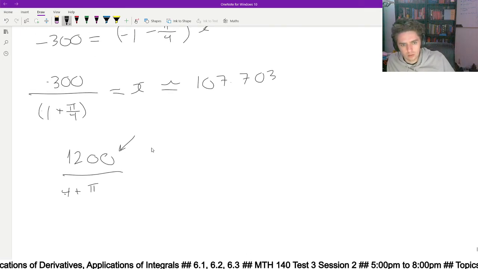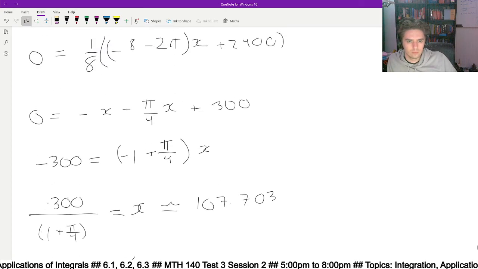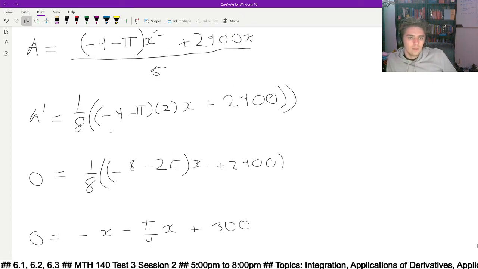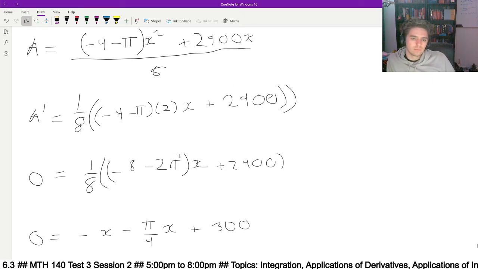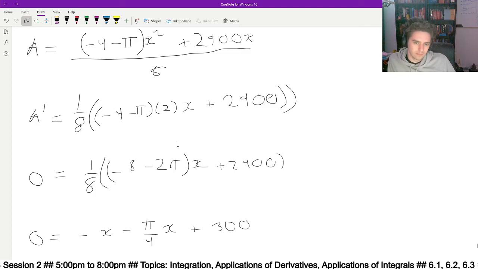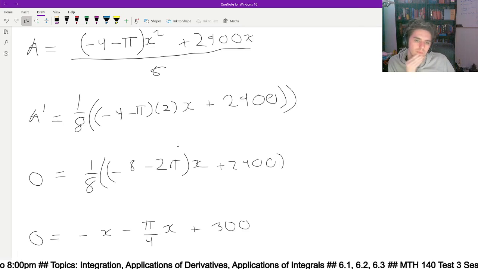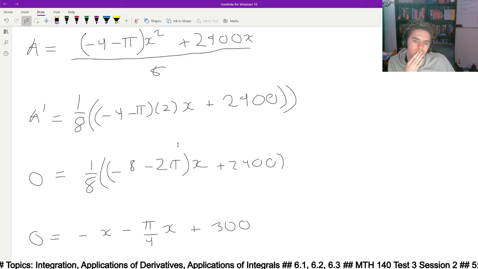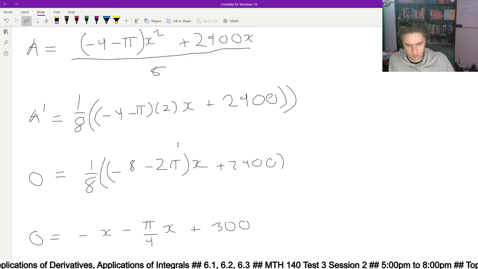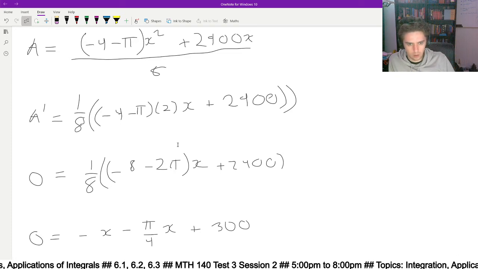So what it did was, from when you have the derivative, like 1/8, 2x. This here? Yeah, from there. So what I did was I just canceled out 1/8, because if you multiply by 8 on both sides, the 8 cancels out. And then I just moved the 2,400 to the other side, and then multiplied through with a negative. So that means 2,400 over,